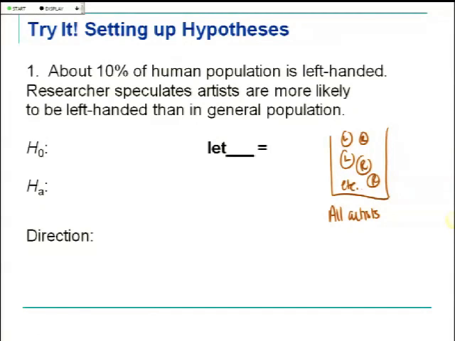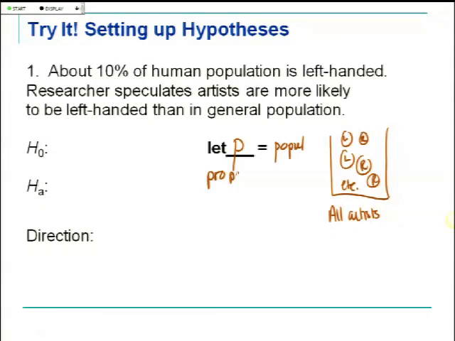Now, how would I represent the proportion for a population? What symbol do I use? Proportions are either P or P hat. Which one is for the population? P. So let's let P be the population